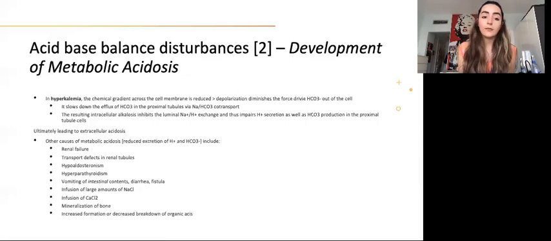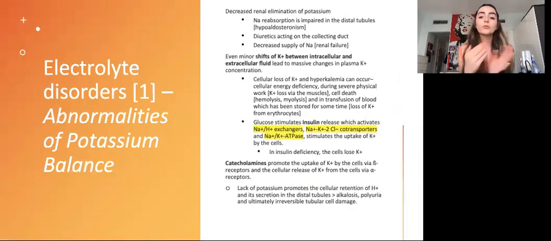And we also have infusion of calcium chloride, because this results in the deposition of calcium in the bone in the form of alkaline salts. Hydrogen ions are then formed from this when the bicarbonate and phosphate dissociate, causing acidosis. It can also be from mineralization of bone or increased formation or decreased breakdown of organic acids. So that's acid-base disturbances. And to roughly go through electrolyte disorders, such as potassium imbalance,